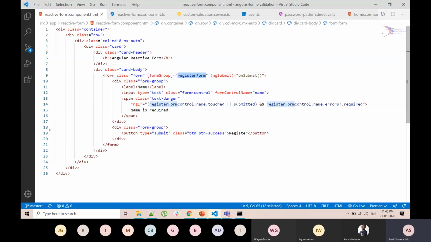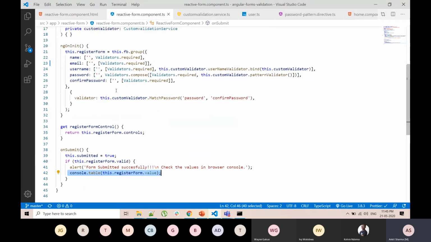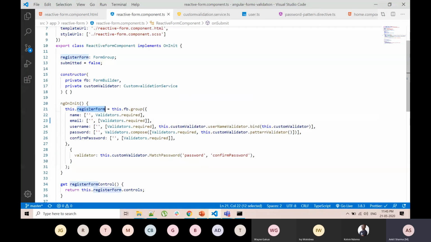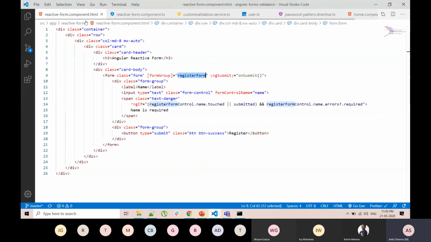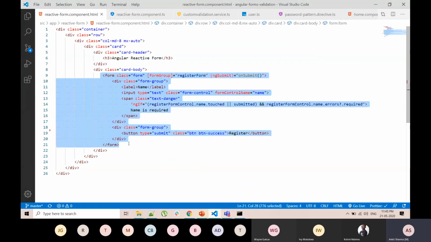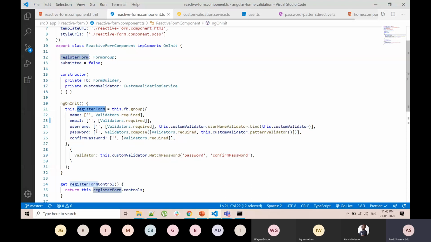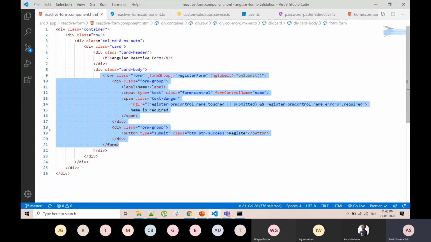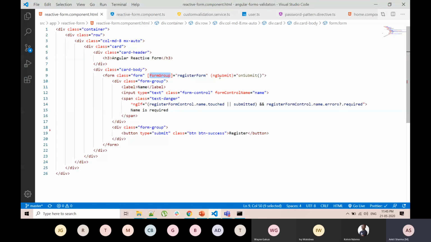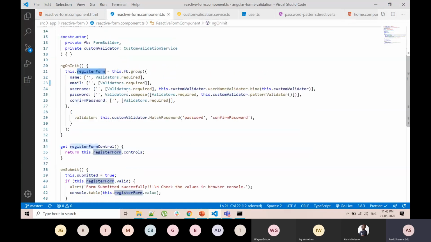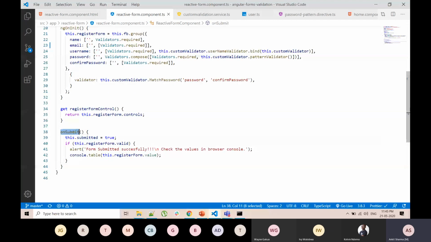This name should be the same name which you have defined over here. That is how the form which we have created here is bound to our form controls using this name. Using this form group property, we are binding that, and on ng submit we are calling the on submit method, which we have defined over here.